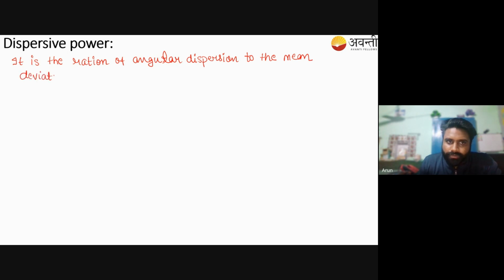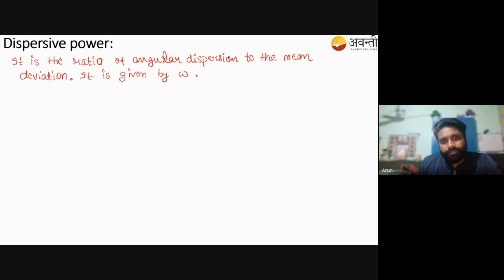It is not ration, it is ratio. So it is the ratio of angular dispersion to the mean deviation, and it is given by